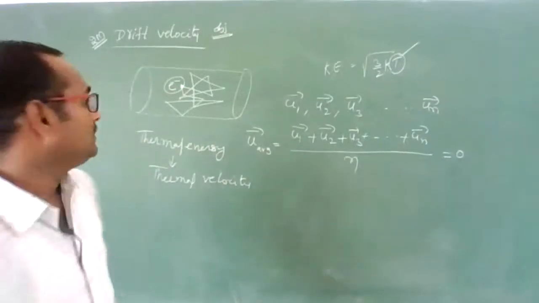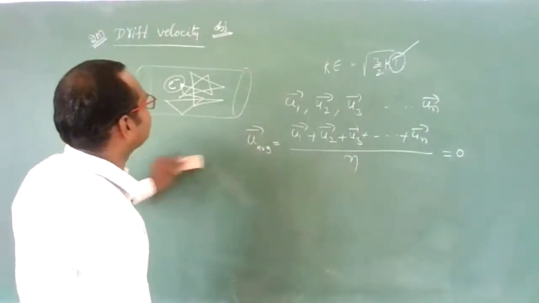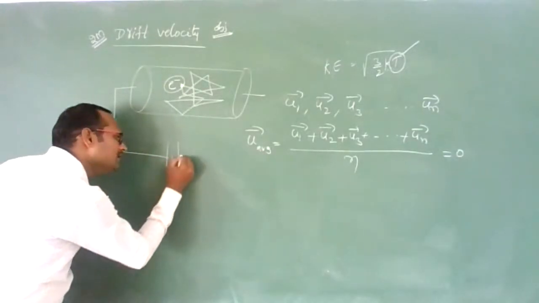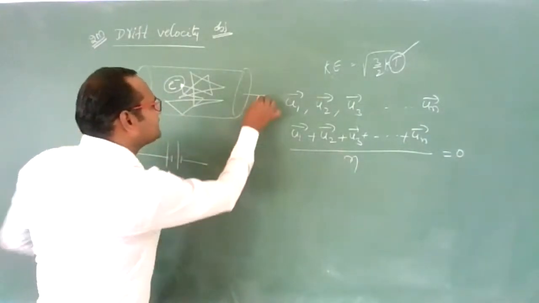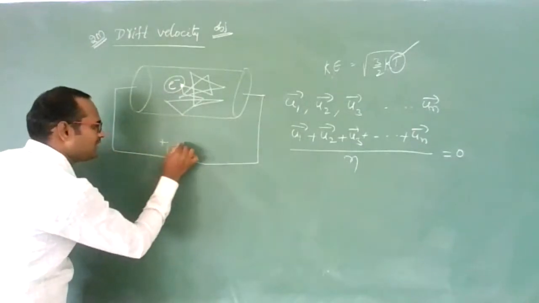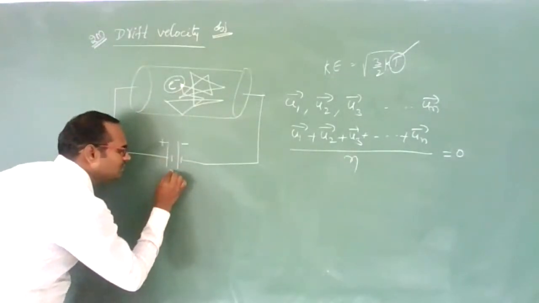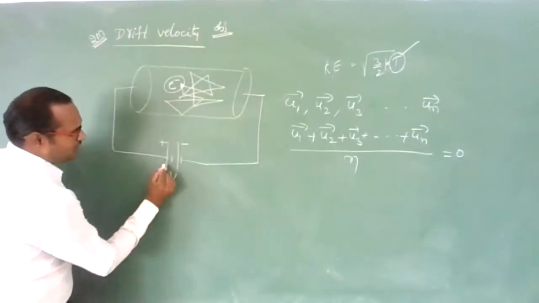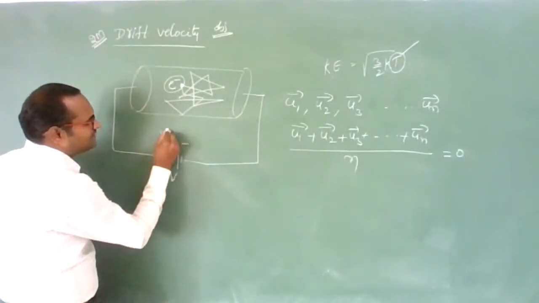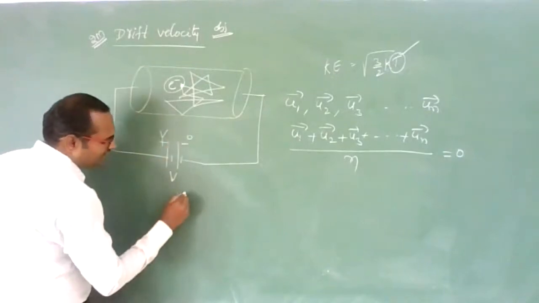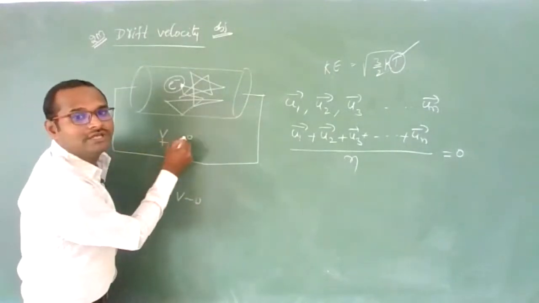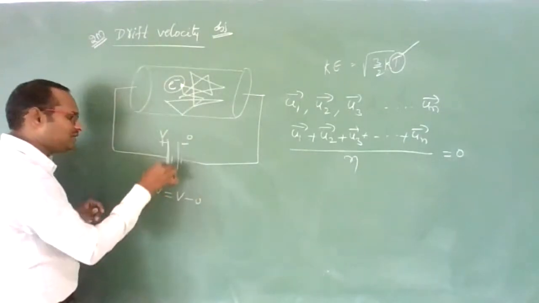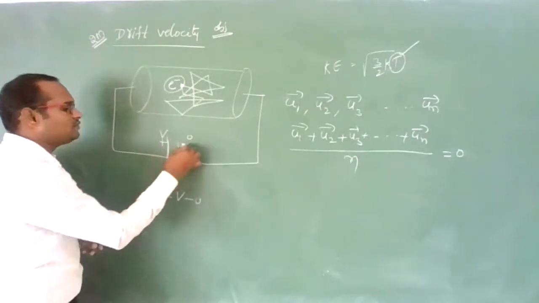Now this conductor, if you connect across two ends of one battery, let us suppose one battery is connected here like this. Here positive terminal, here negative terminal, having a voltage of V volts. Then what happened? Here positive terminal, here negative terminal means here voltage is V, here voltage is zero. Difference you take V minus zero. Higher potential minus lower potential gives you voltage V. Means this side plate is connected to V volts, this side plate is connected to 0 volts.